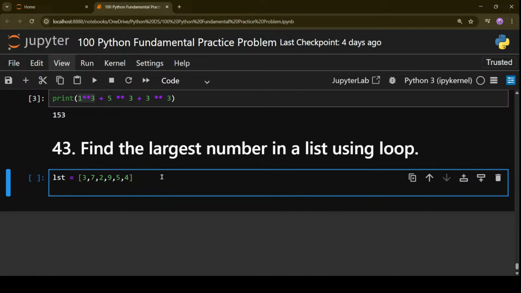Simple. And at the end, come out of the loop and print the maximum. This is the simple logic which we'll try to follow. Okay, now let me show you how you're going to do it. So what I was trying to say, just follow this approach.